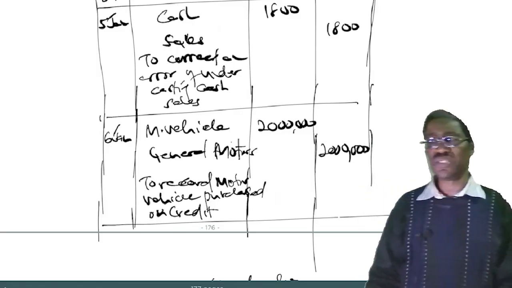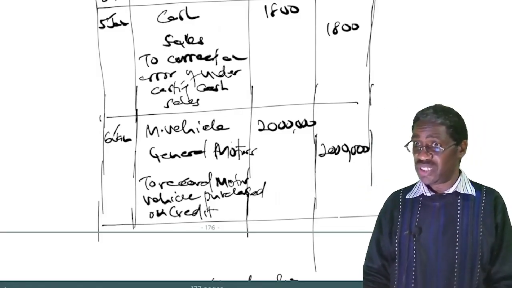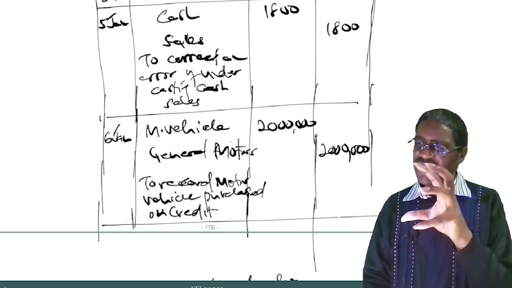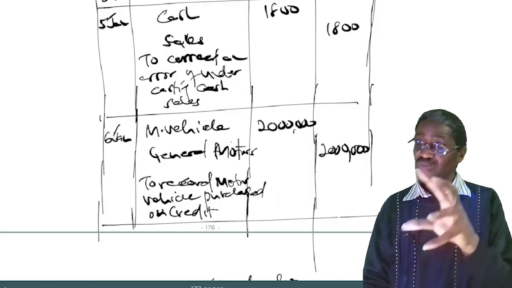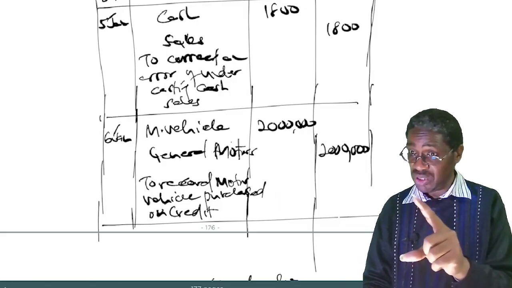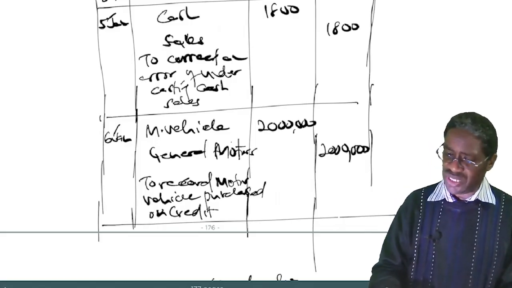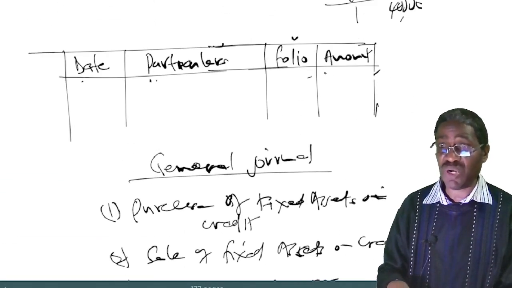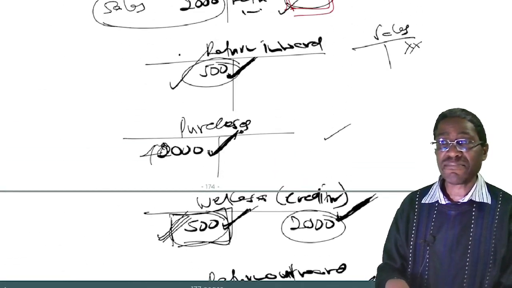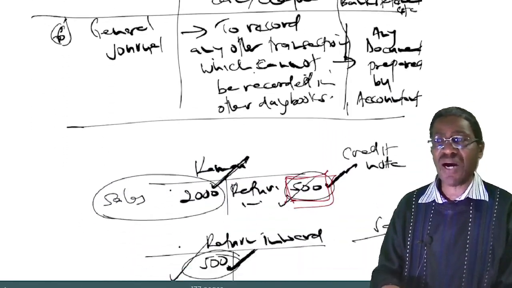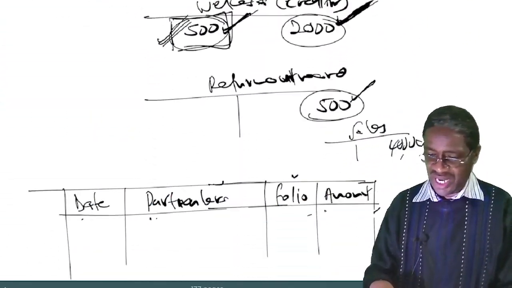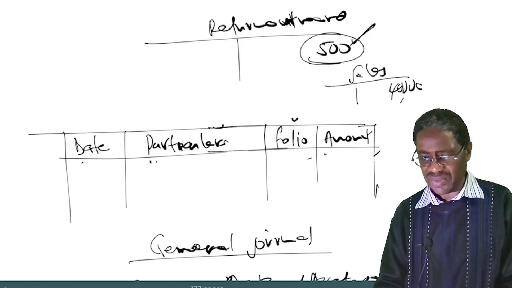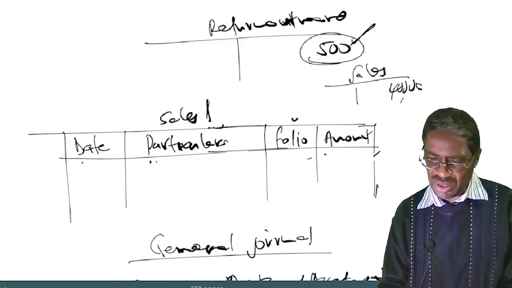Okay, now listen. I told you, listen carefully, that before you record these transactions in an account, you must first record them in a daybook. Then I told you, when I was looking at the sales daybook, for example, here, where was it? Okay, fine. I gave you some information here. If this is the sales daybook,